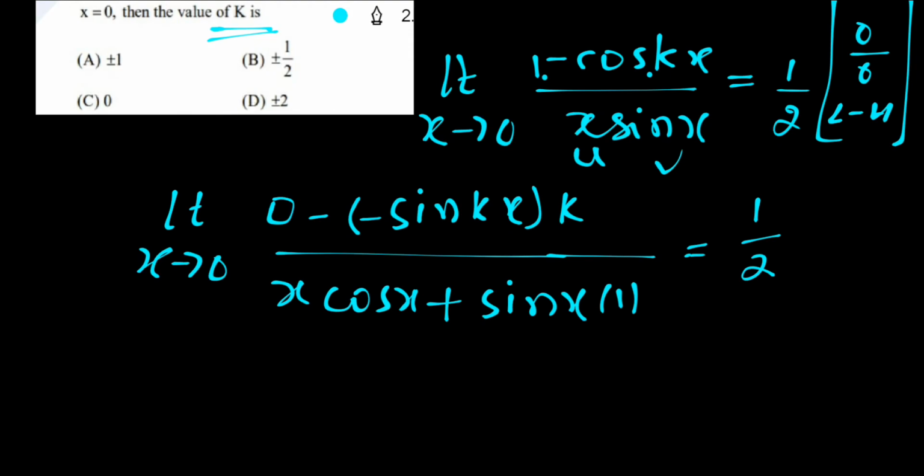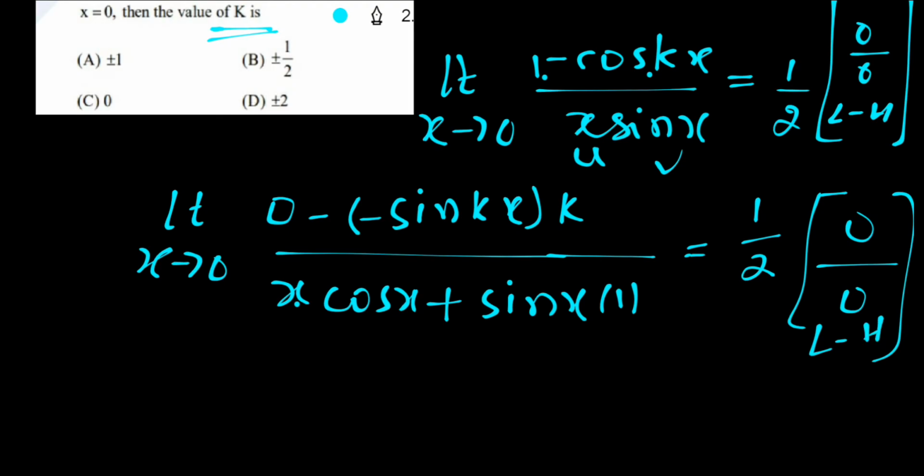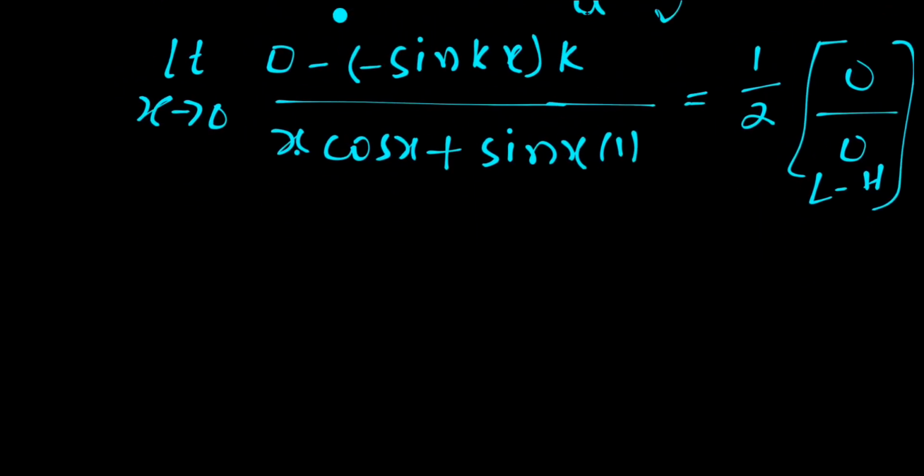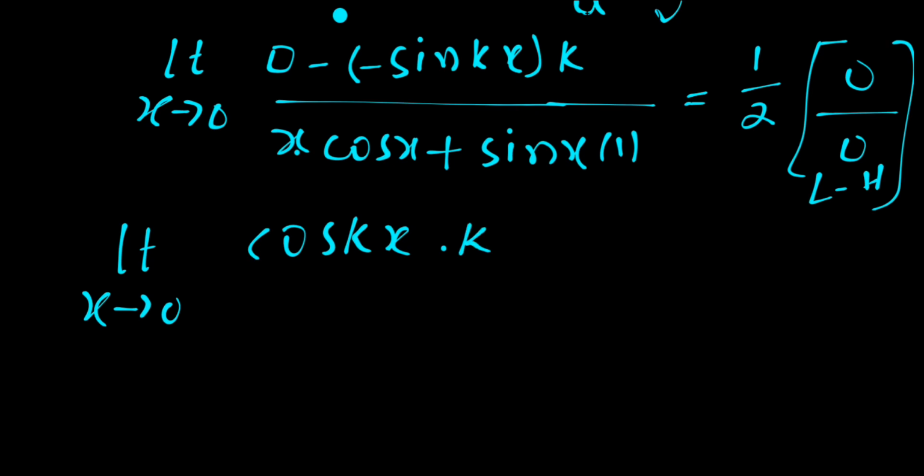Next, again substitute here x is equal to 0. If you substitute, numerator sin 0, divided by denominator 0 plus 0, total again 0 by 0. Again we have to apply the L'Hospital rule. L'Hospital rule is nothing but we have to do the derivation of numerator and denominator. Here plus sin x into k: sin kx derivative is cos kx, kx derivative is k. Already k is there, one more k I wrote here.